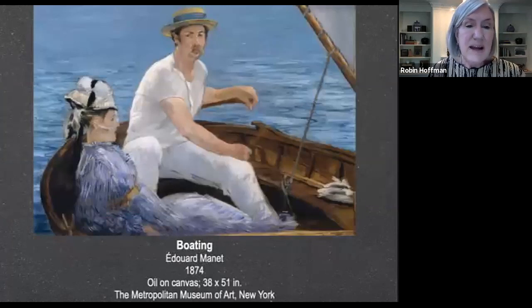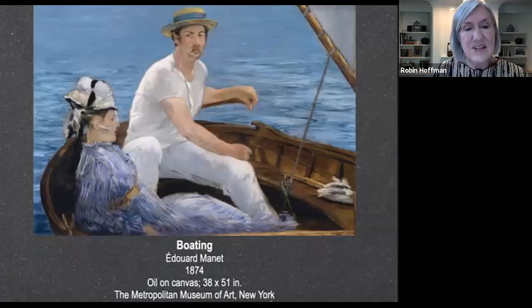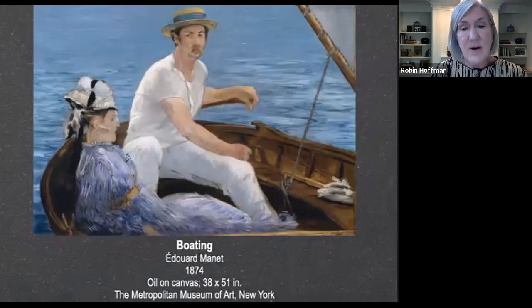That same summer, Manet was staying outside Paris, not far from Monet's house. And even though he had refused to participate in the Impressionist exhibition organized in the spring, he clearly wished to adopt the high-keyed palette, sketch-like brushwork, and subject matter centered on leisurely pursuits of his young colleagues. Manet chose boating as the subject matter in his new allegiance to Impressionism. And while the woman in the painting has never been identified, the man is Manet's brother-in-law.